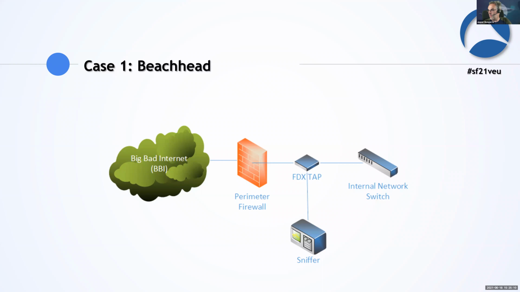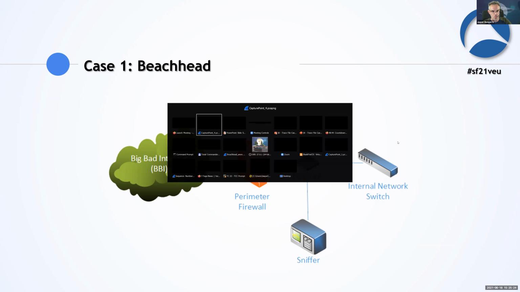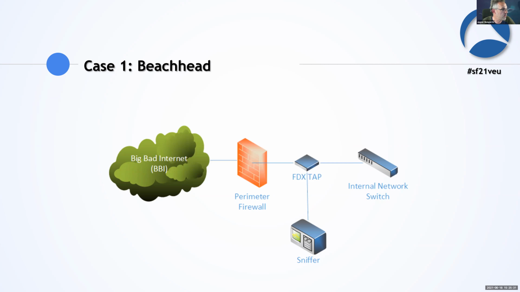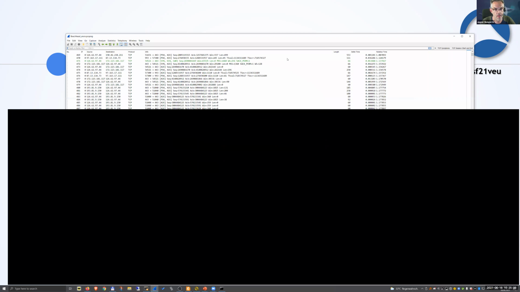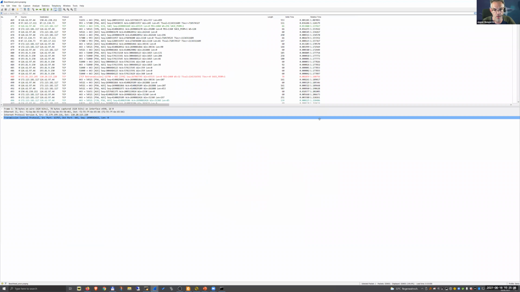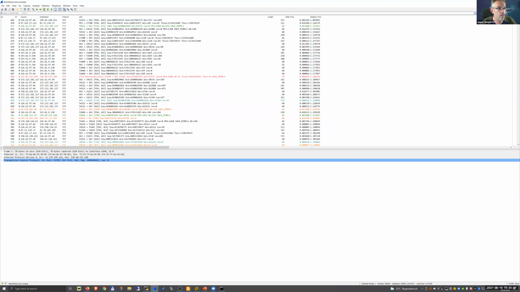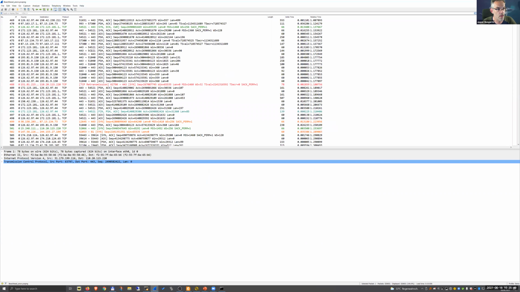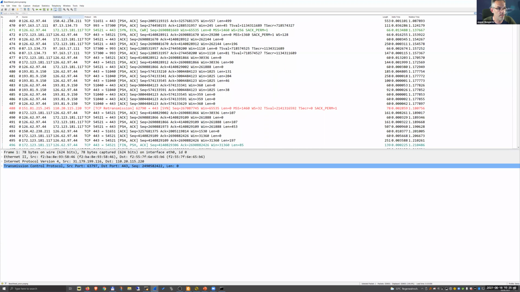So let's see if I have the trace file here. Where is it? I need to find my Wireshark. Yeah, I have too many Wiresharks everywhere. Beachhead anonymized. There it is. So it looks like this. And I know that the font is too small. I will make it bigger. I hope this is okay like this.